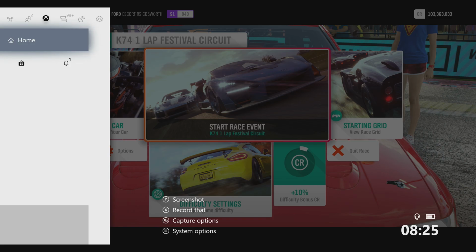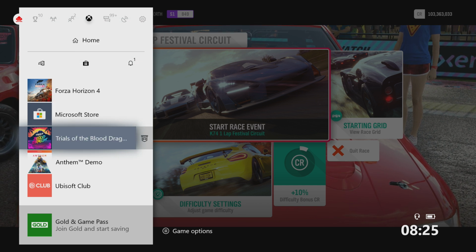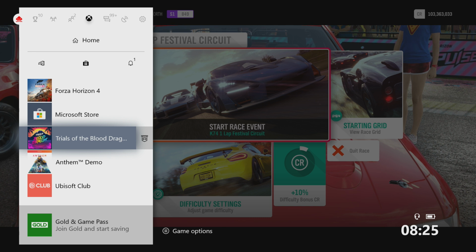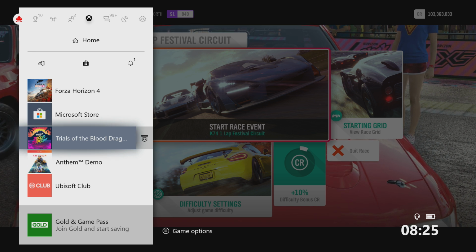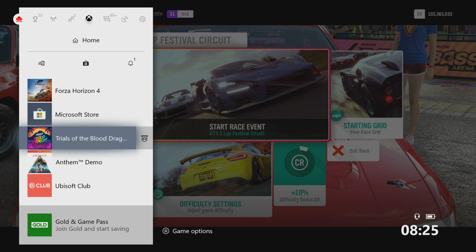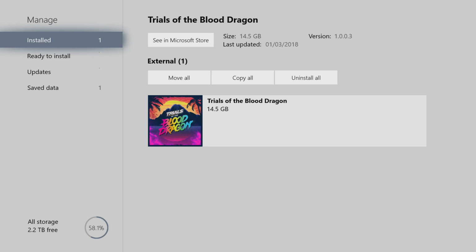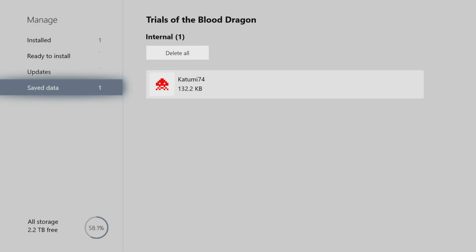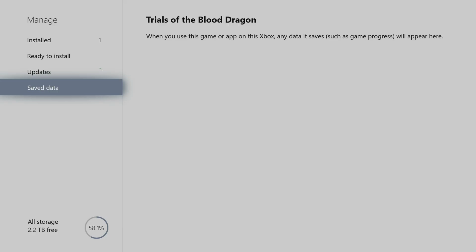But anyway, that caused me to jump back onto one of the Trials that I hadn't given much of a chance, which was this one, Trials of the Blood Dragon. I've gone through quite a few of the stages, and there's a nice little story. But I thought a good idea would be to go to that game, down to my saves, and delete them from my console and from Xbox Live, so I can start playing that game again from the beginning, whilst I'm waiting for the next Trials to...